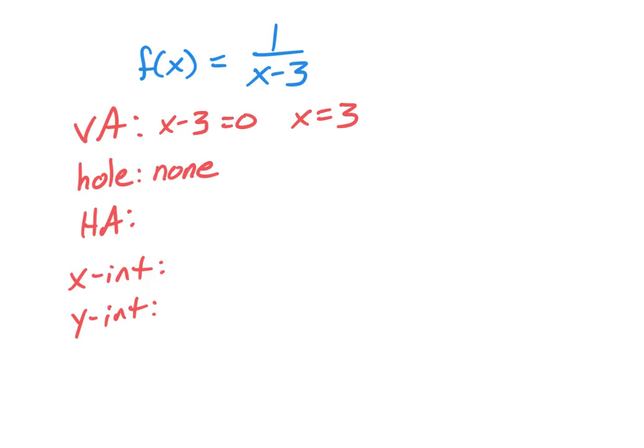My horizontal asymptote, what's the degree of the top here? If there's no variable, my degree would be 0, okay? No variable means no degree, and here my degree would be 1, okay? So the top is less than the bottom, right? My degree on bottom is bigger than the degree on top, so if we go